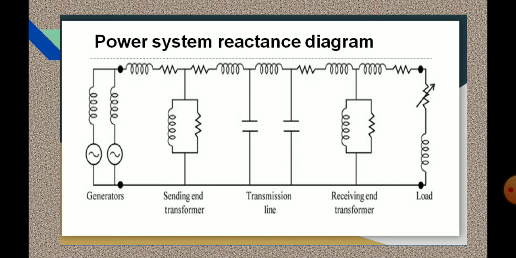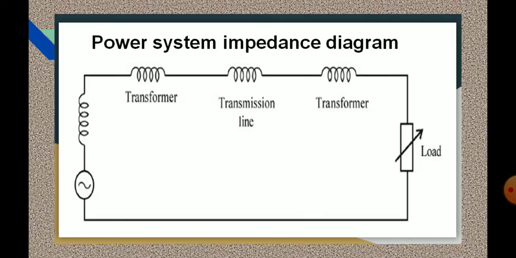Next, the transmission line system is represented in terms of pi representation. So we have a transmission line, T representation and pi representation, and here for this per unit power system impedance diagram, we have to represent the transmission line in pi form. Then the receiving end transformer, we have primary secondary side impedance, and the central core part is for the receiving end transformer. Next the load. So the load should be variable and should always be indicated with an arrow mark followed by the reactor symbol. So this is the example of the per unit impedance diagram of the power system.